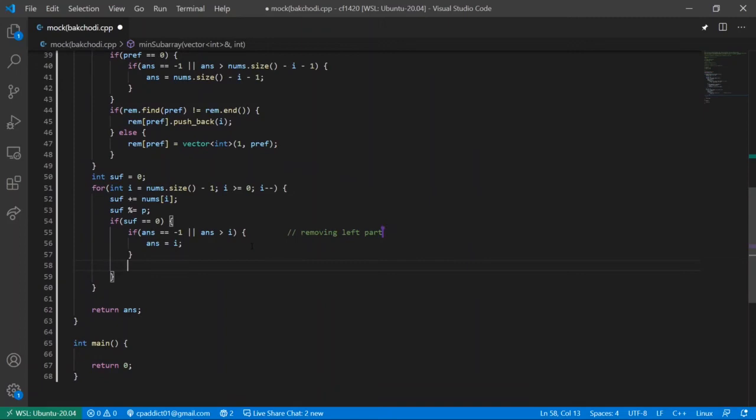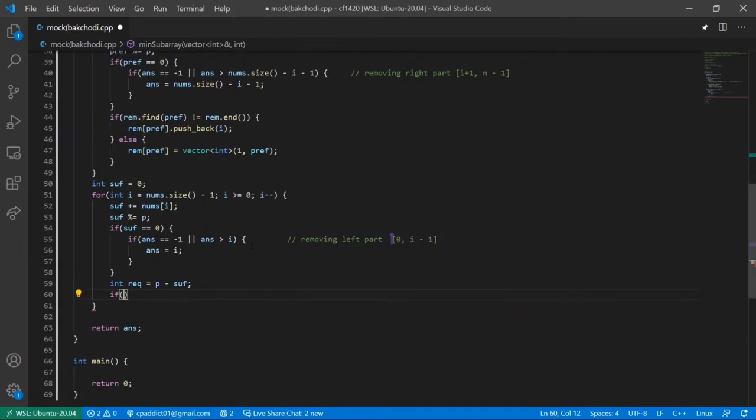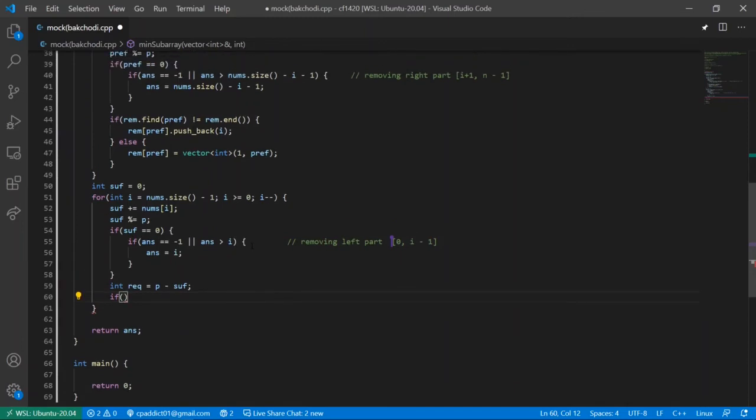And now what we have to do is find the required prefix. So int required equals, let's have else here, so int required equals p minus suffix. So this much is required now. So we have to check into the map. If remainder of this remainder exists,